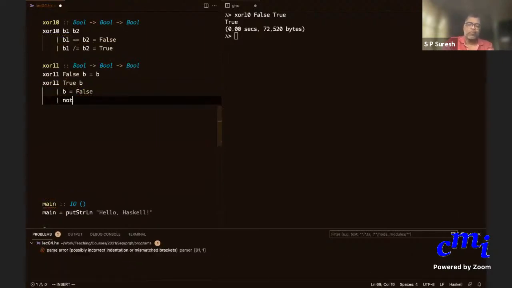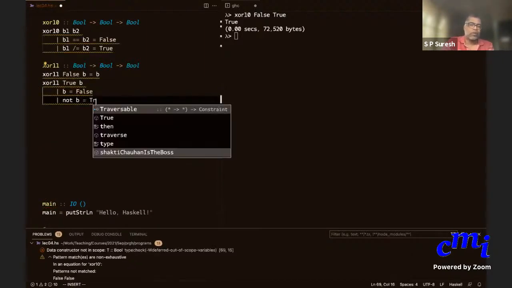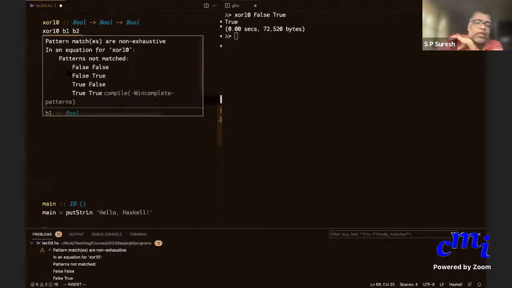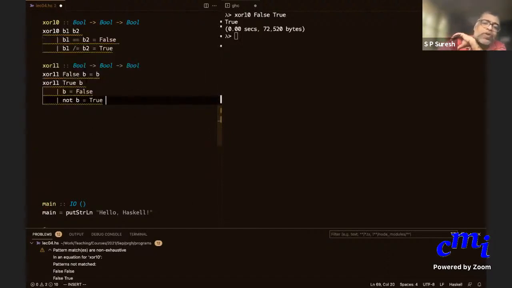If not B, then give me true. Yeah, this is a legitimate definition. Okay, and so you are mixing and matching. One of the things is a pattern, but for the other thing, you are actually giving some checks here. So you can mix and match pattern matching and guards. Okay, that's what is being illustrated here.